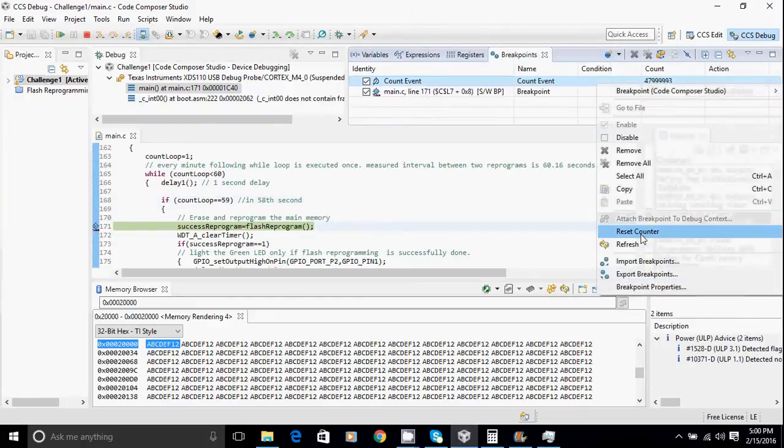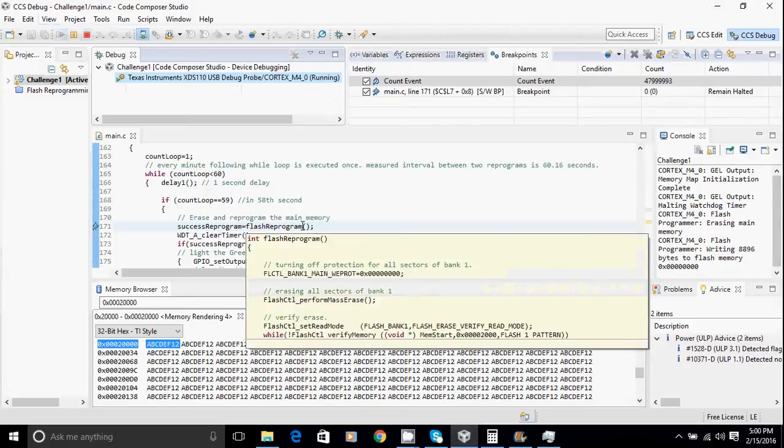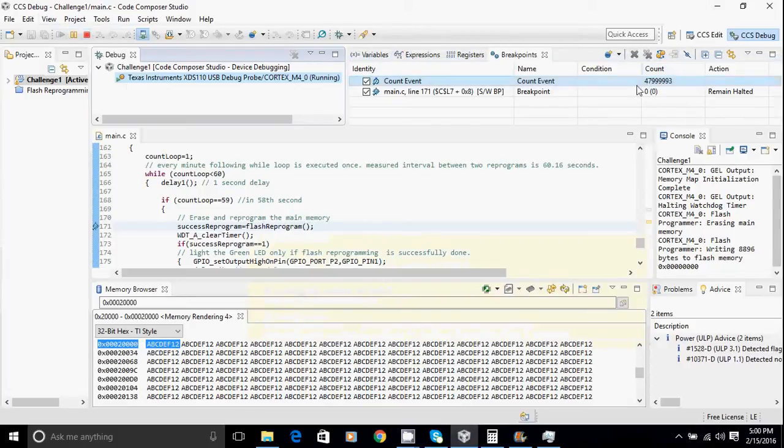I'll reset the count and we shall wait until the next time the call is made to flash reprogram. Then we will notice the number of clock cycles that have passed between two calls to the flash reprogram unit, and then we can calculate the number of seconds that have passed between two calls.